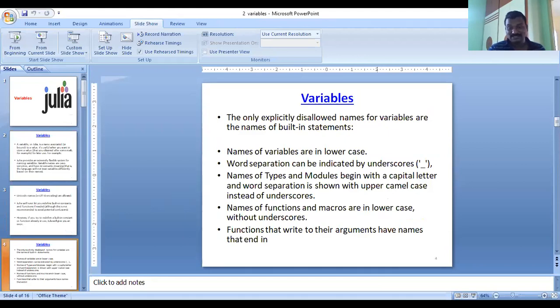A variable allows a built-in constant, but it cannot allow a built-in statement. If you execute this, it gives a syntax error. Similarly, try is another built-in statement, and executing it also gives a syntax error.